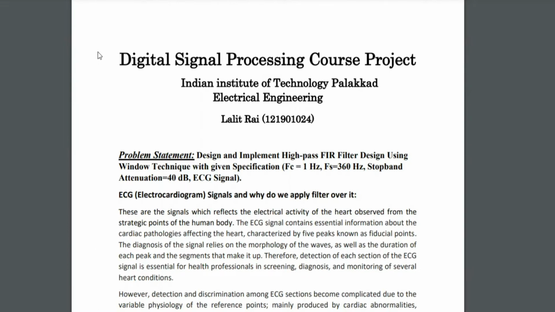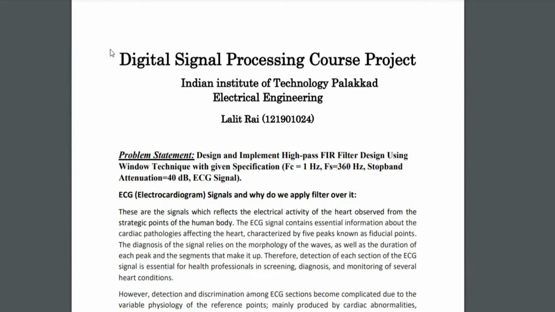What are ECG signals and why do we apply a filter over them? These are the signals which reflect the electrical activity of the heart, observed from strategic points of the human body. The ECG signal contains essential information about the cardiac pathology affecting the heart. Therefore, detection of each section of the ECG signal is essential for health professionals in screening, diagnosis, and monitoring of